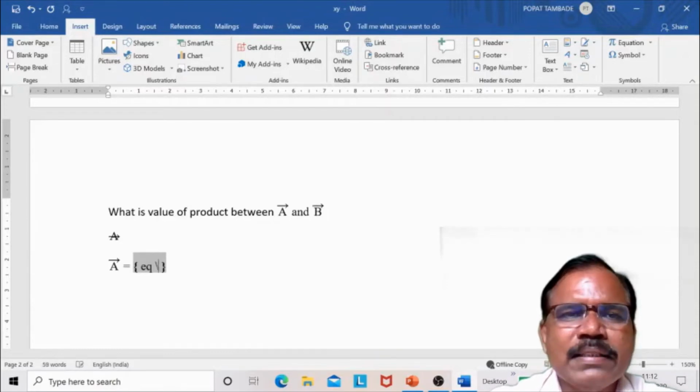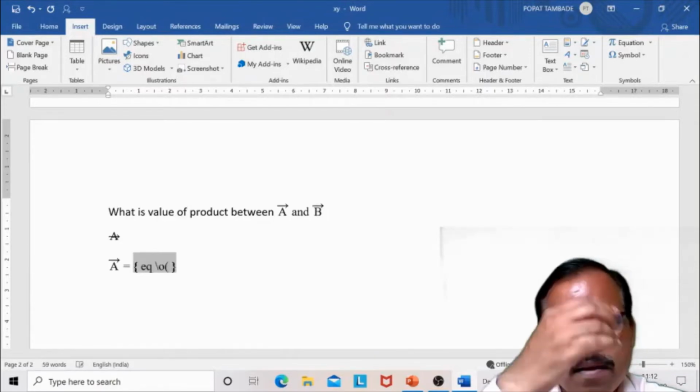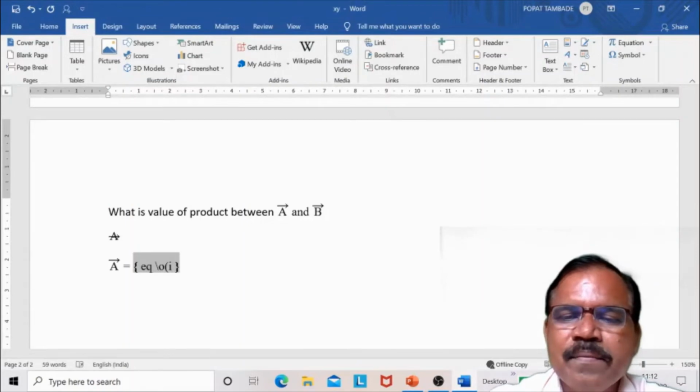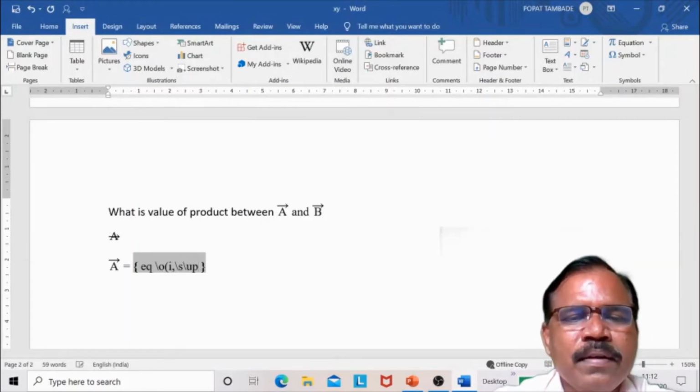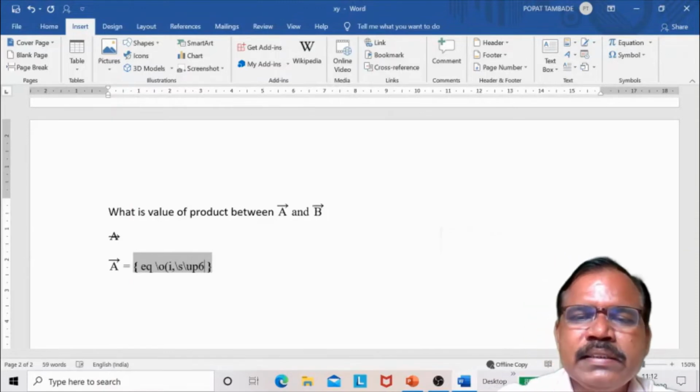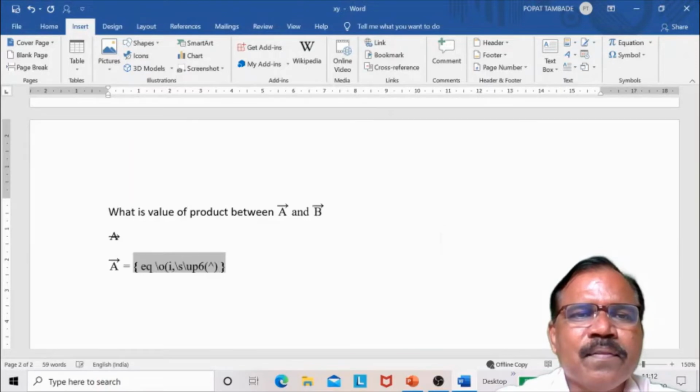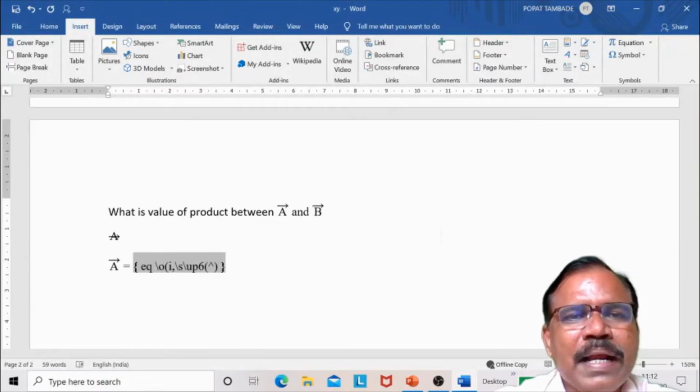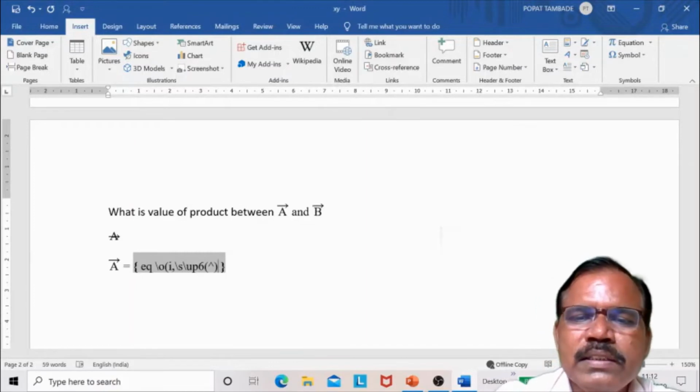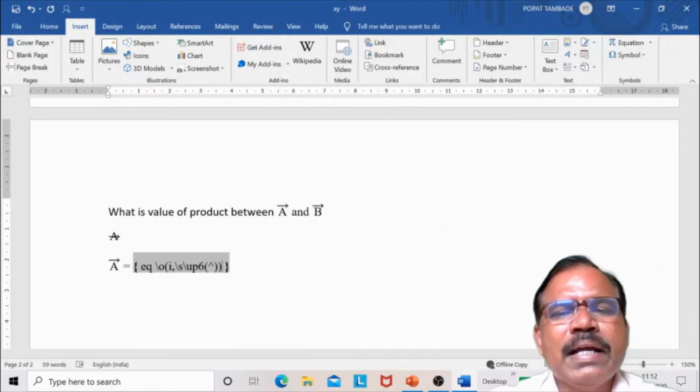So I can write backslash O, then I, backslash S, backslash up, 6 points, and now take this symbol I. Now this bracket is completed for backslash S. Now this bracket is completed for backslash O.